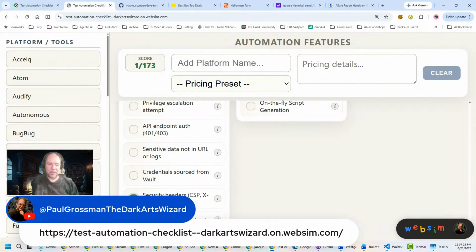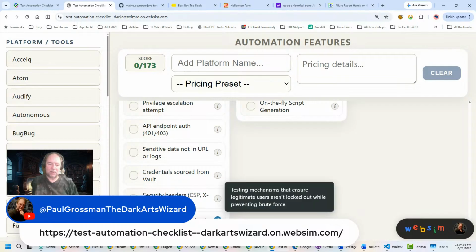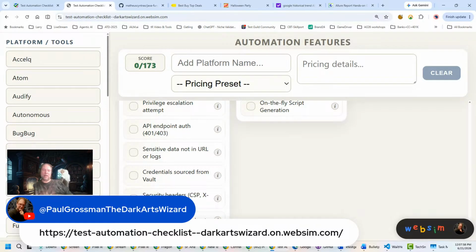Security headers, CSP, X-Frame: verifying the presence of protective HTTP headers, and preventing an accidental account logout. So if you identify that the login did not work, you should test that the login does not work at least once. But if your test is specifically supposed to log in, you should have a single location where it says, "Hey, we're about to lock out the account," and maybe stop the test before